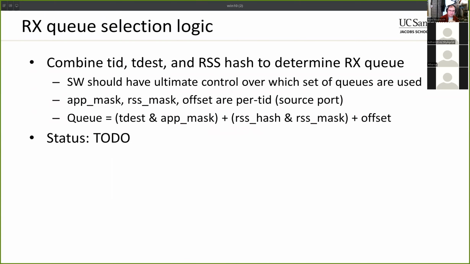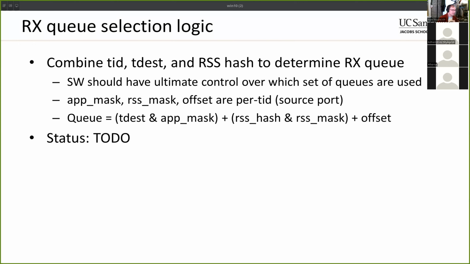RxQ selection logic, I've been bouncing around between a couple of possibilities here. My original thought was to just go ahead and implement the more advanced RSS logic, and then I'll get everything all wired up properly. But it's looking like that's going to be a little bit non-trivial to do. I'm not sure of the several possible ways of implementing it. I haven't really decided which is the best one. So I'm going to put that on hold for now, and I'm going to work on taking the current logic that I have and making a few updates to it so that it's a little bit easier to use